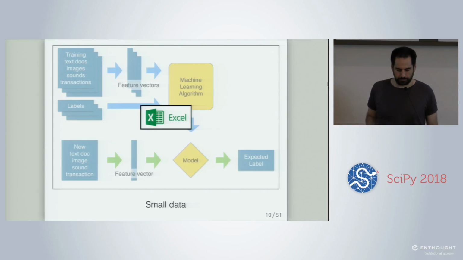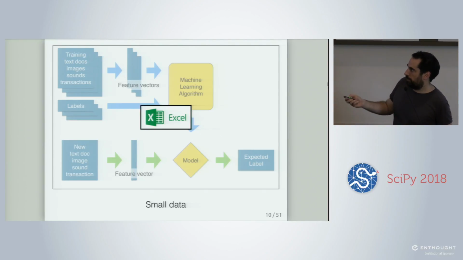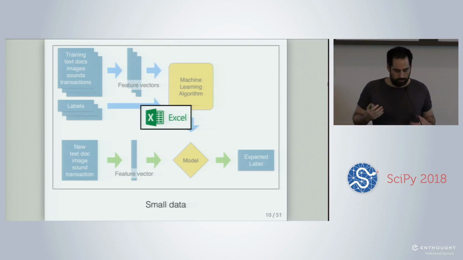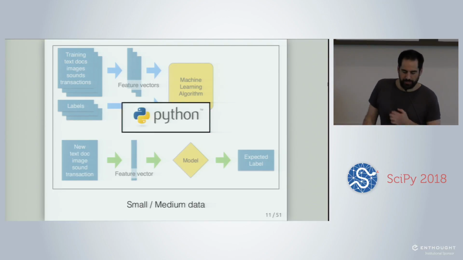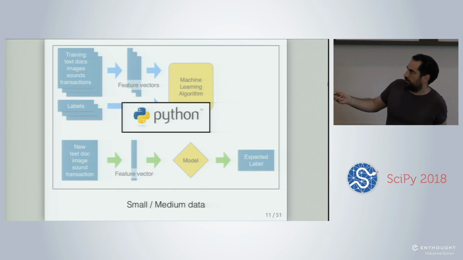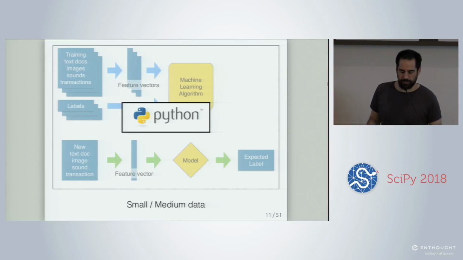But in each of those cases, the first step is to extract some kind of numerical representation of the original data that will fit basically in a two-dimensional NumPy array or a numerical matrix. The important step is that this transformation is domain-specific, but we need to make sure that those numbers capture the interesting part of that original data. So for this transformation, there is no generic way to do it. It's very domain-specific, so you need some domain expertise as a data scientist to know how to do this kind of feature extraction.